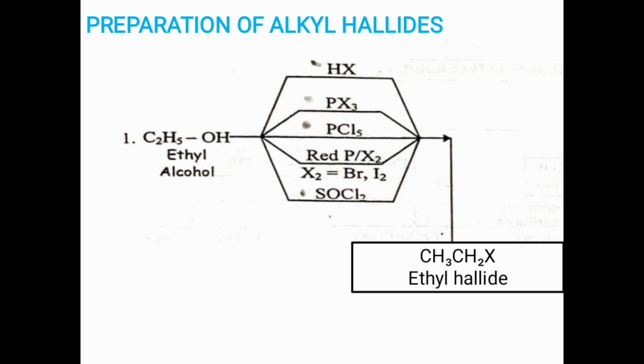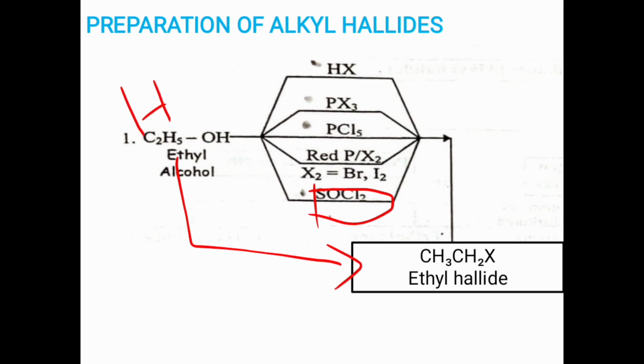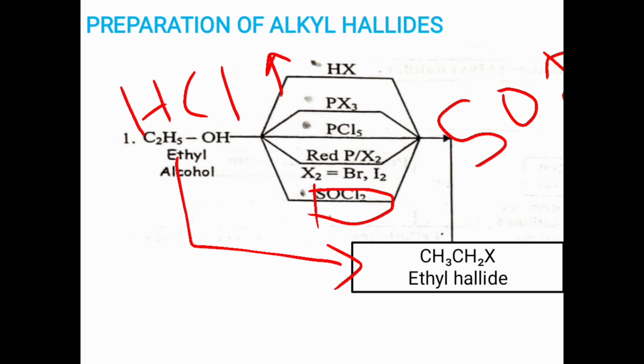Now, when we react with SOCl2, that is thionyl chloride, what do we say? Thionyl chloride. Then the main product, as usual, will be alkyl halide, and the substituting part, HCl gas, will be evolved, and along with it SO2 gas, that is sulfur dioxide gas, will also evolve in this reaction process. So this is the first part, preparation of alkyl halide from alkyl alcohol.